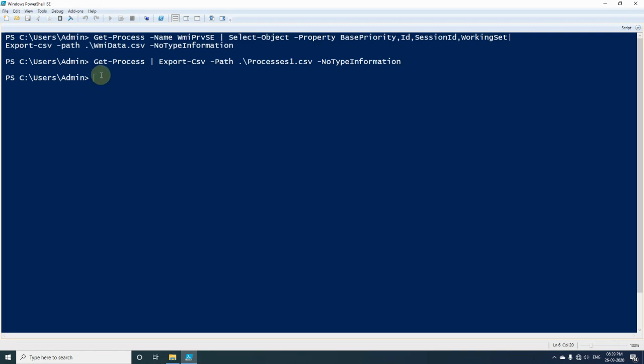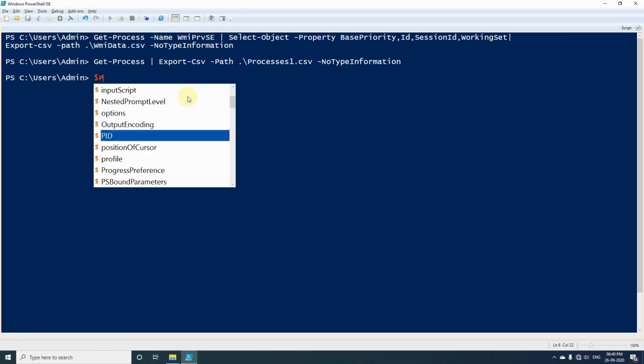Now that we have exported the object to a CSV file, if I want to import it once again in PowerShell, so that we can use that data as an object and apply methods and properties on the object, we will be using one cmdlet called Import-Csv.